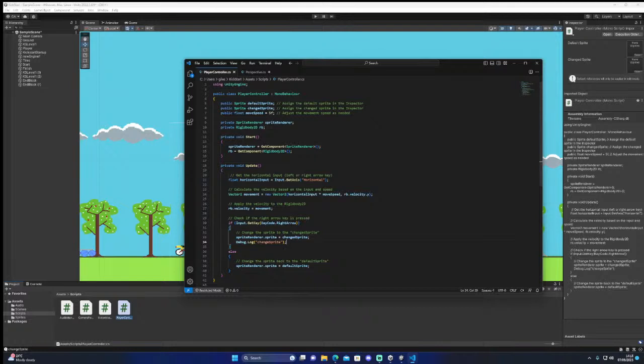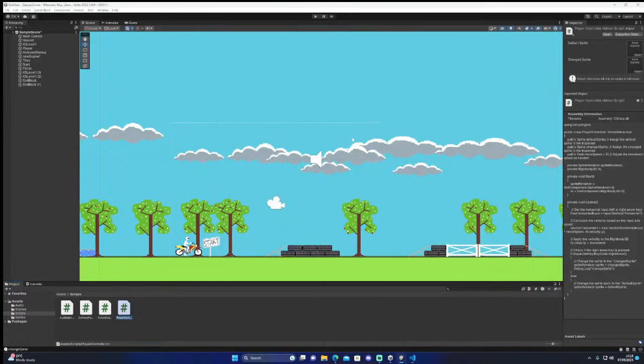Right arrow, that's the movement. Get key. Change the sprite. Change sprite. Change sprite. Equals. Change sprite. Right, okay, sorry. And then when I take the finger off, it defaults back. Well, no, it would need that. And that should just, well, that should work. That's why it's not working.